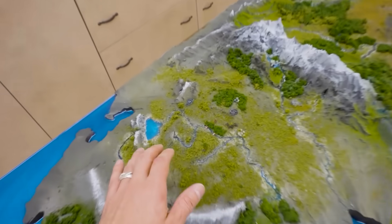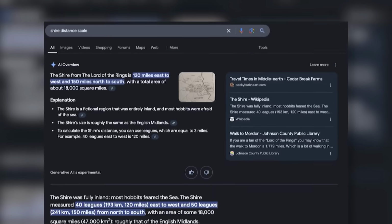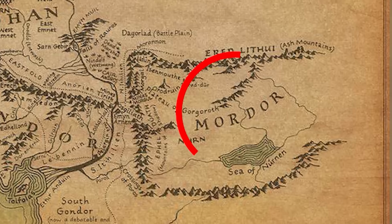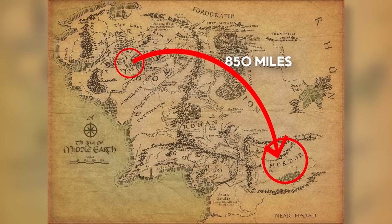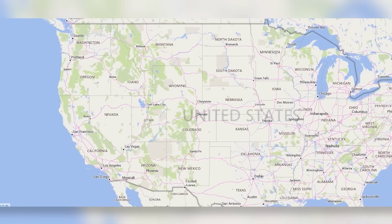Now, in order for us to have a true frame of reference, let's put together a small scale here. This is the Shire. A Google search reveals that it's about 120 miles east to west and 150 miles north to south. Mordor is about 850 miles away from the Shire. Now, to put that into perspective in terms of distances, which is going to be useful because this is a video about how far the Fellowship members travel, we can use this map radius calculator to show what that distance